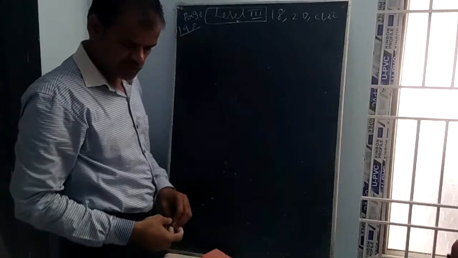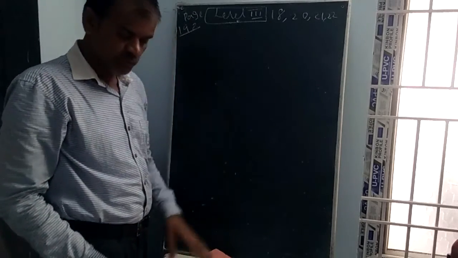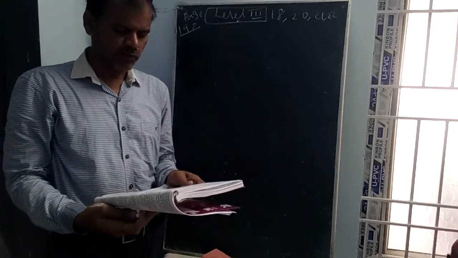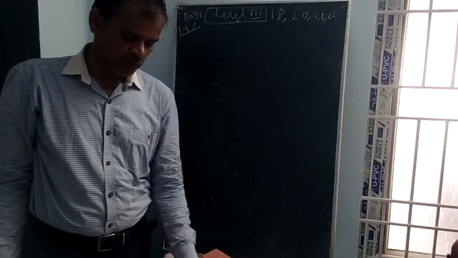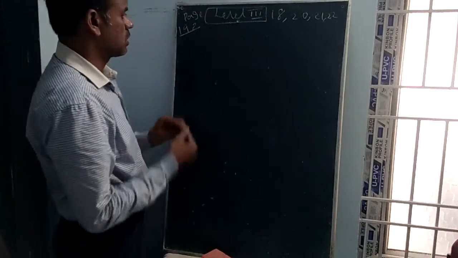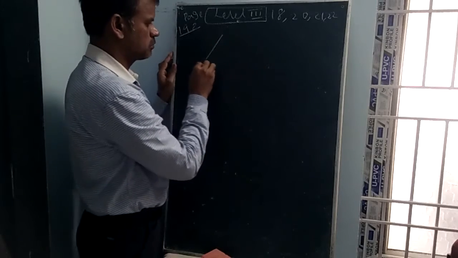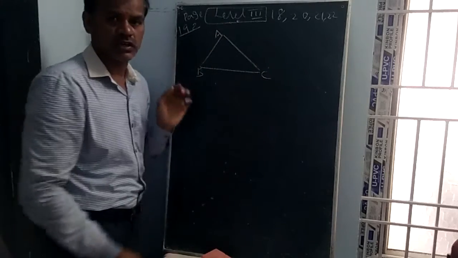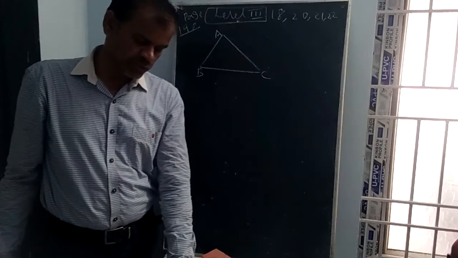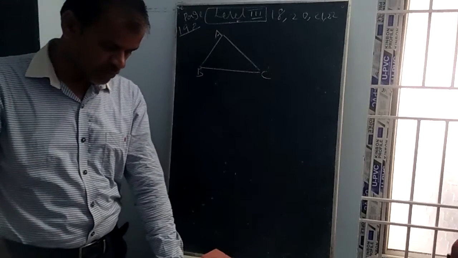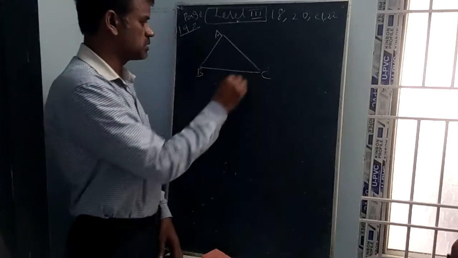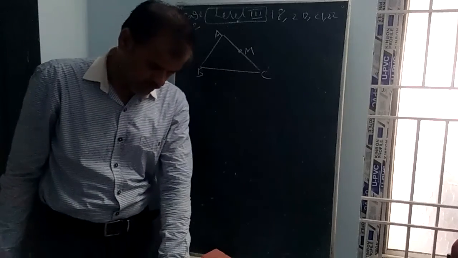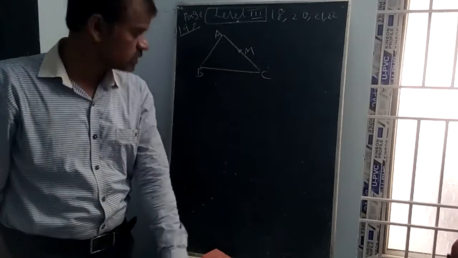Like previous JEE Mains questions, I am discussing now. The 18th question is an important question. Read the question. A lamp post situated at the middle point M of the side AC of a triangular plot ABC. Let us draw the diagram of the triangular plot. This is A, this is B, this is C. This is AC, and here this is M. M is the midpoint of AC of triangular plot ABC with BC equal to 7.